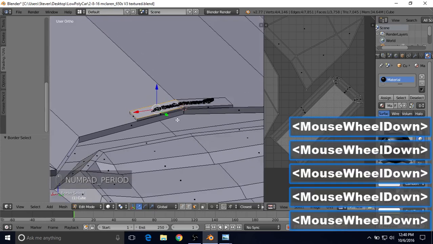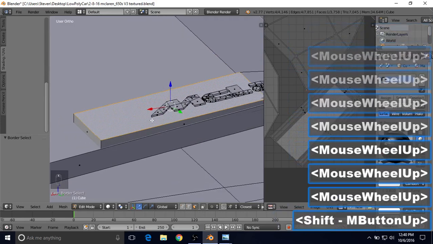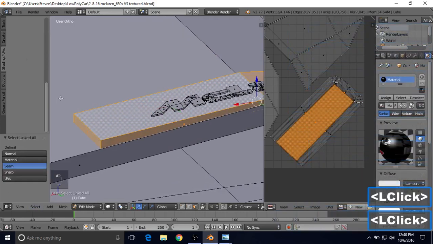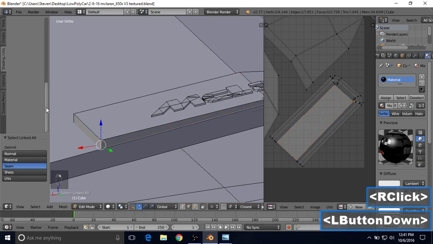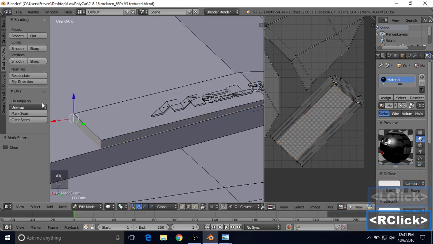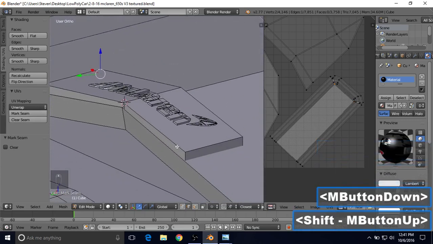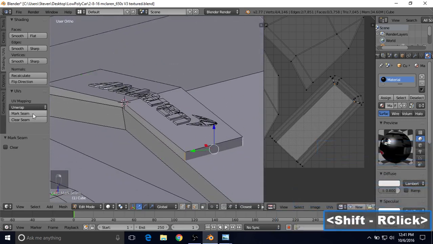I know my view's kind of moving around. I was just using period to focus in. But we would just want to do select linked here, and we're going to have to UV unwrap these again. But actually, it'll be better if we just make some seams here. All these corners, or these 4 corners, we want to make a seam. So just select